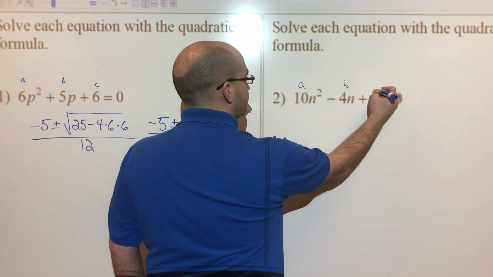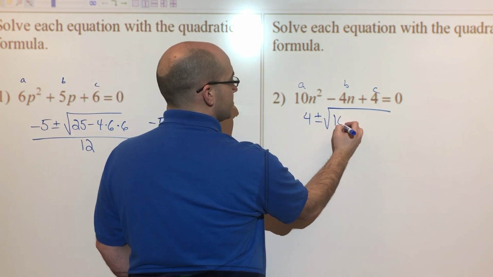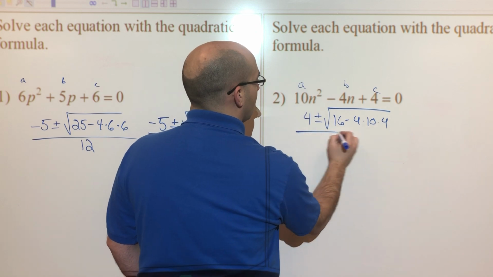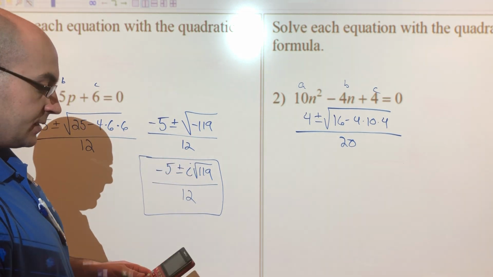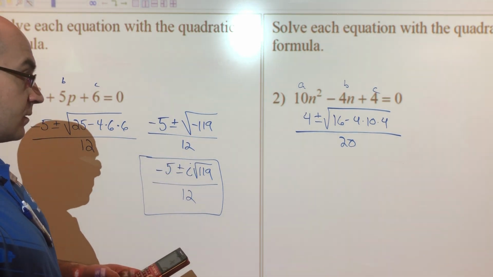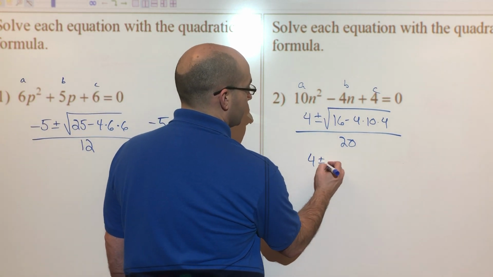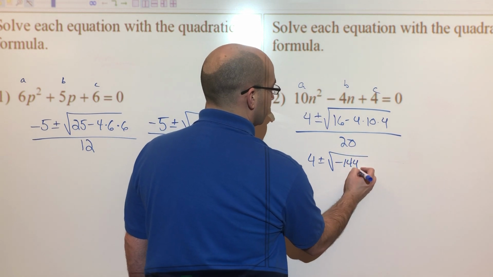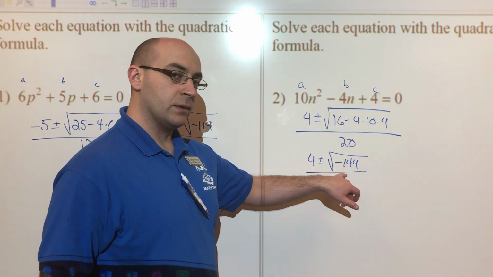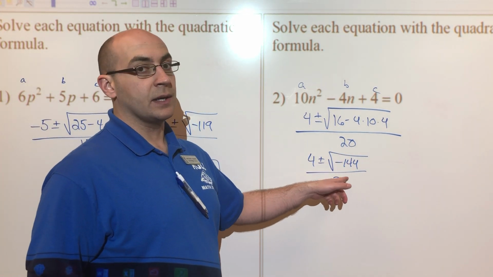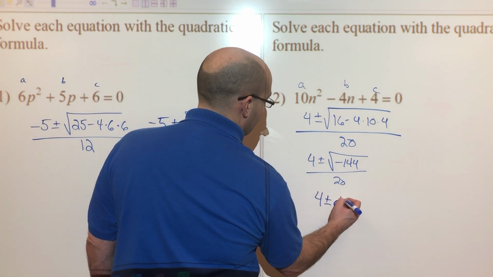Remember, we've got our a, b, c. Negative b, which is 4, plus or minus the square root of b squared, which is 16, minus 4 times 10 times 4, all over 20. The discriminant, again, better be a negative number because I don't think I created ones that wouldn't. 16 minus 4 times 10 times 4 is negative 144. So 4 plus or minus the square root of negative 144, over 20. Now this one's going to be a little bit different because when I take the negative 1 away and simplify that radical, I'm going to have a perfect square. So this is going to be 4 plus or minus 12i